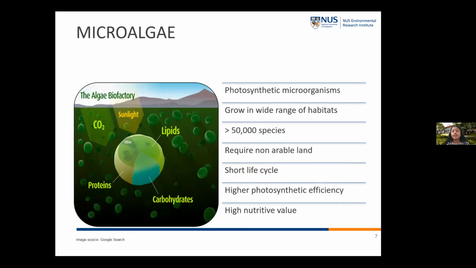habitats. By wide range of habitats, what I'm trying to say is that they can grow in fresh water, they can grow in marine water, they can grow in cold regions like the Arctic, or they can even grow in tropical regions or deserts. There are more than 50,000 microalgae species present on planet Earth. And all these species are ecologically different, metabolically different. So there are quite a lot of applications that can come out of microalgae production.